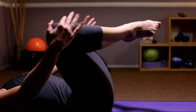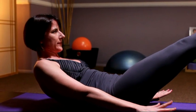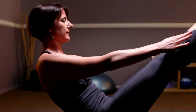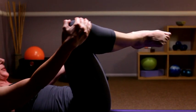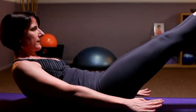Inhale, nod the chin. Exhale, lift the head, shoulders. Inhale, lengthen the legs, hands by the sides. Exhale, flex your feet, reach your arms overhead. Inhale, point, sweep, lift up. Exhale, roll back down. So nodding the chin, lifting the head, shoulders, straightening the legs, flexing your feet as you reach your arms overhead,